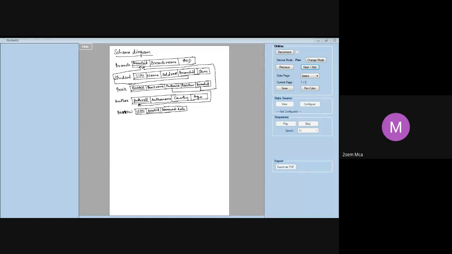Borrow. When you come to borrow, USN is connected to student USN. Book ID is connected to book ID of book. That's it. Have we shown all the connections? Yes. So this whole thing you call the schema diagram of the database. This shows the description of your database. You should show these connections, otherwise your schema diagram remains incomplete. Any doubts, anyone?